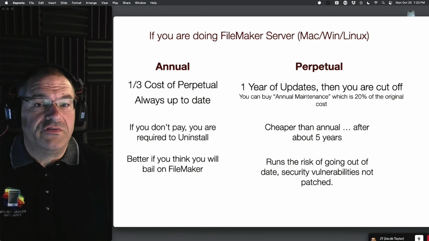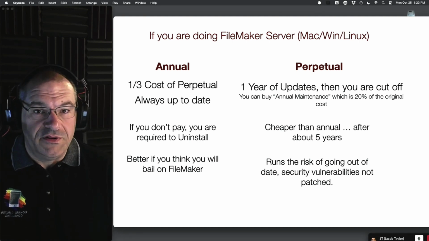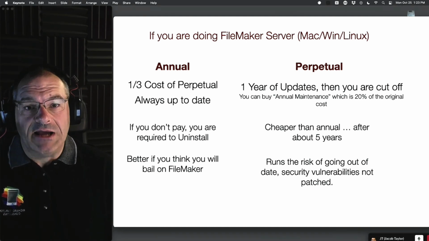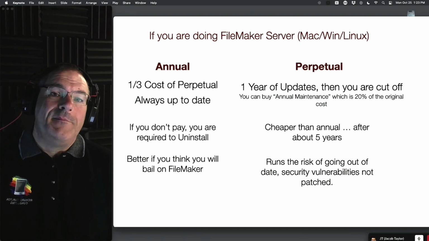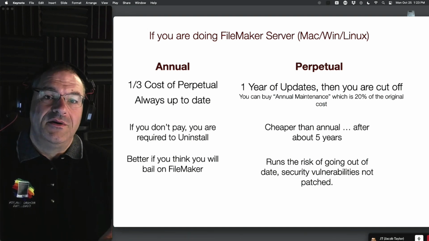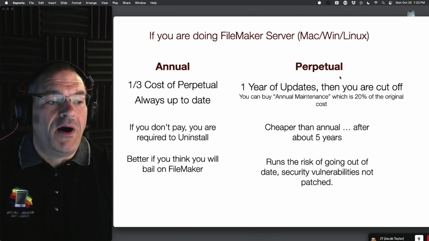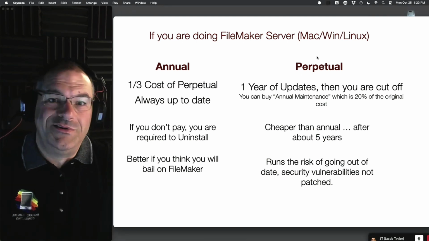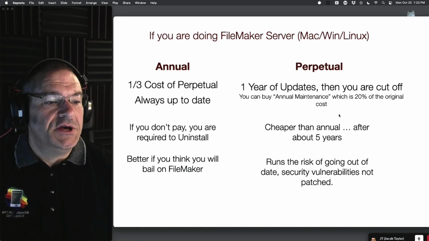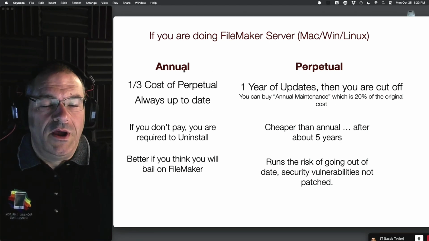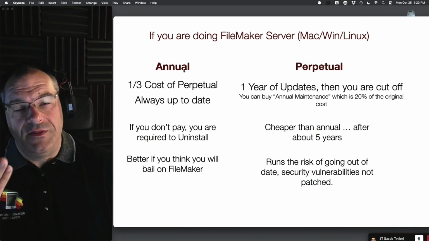This was 6 or 8 months ago. They're using software that clearly has security vulnerabilities in it, and it's going to get hacked. And I don't want to be there when that happens. And they're refusing to update the software because they don't want to have to rebuy it, because they bought it once, and therefore they just want to keep using it really old, right? So this is part of the cost conversation, right? So doing annual is a great way of doing it, because it's cheaper in the near term.